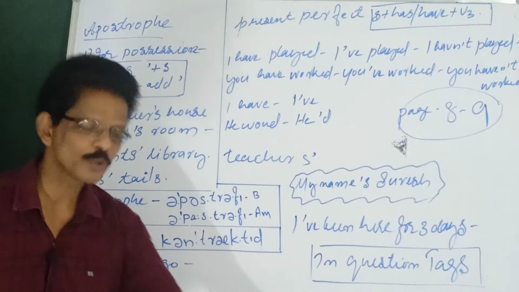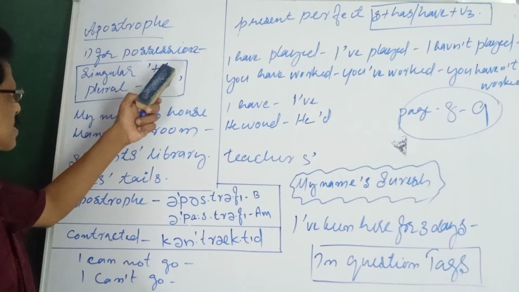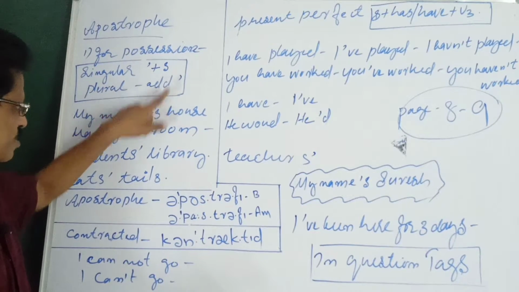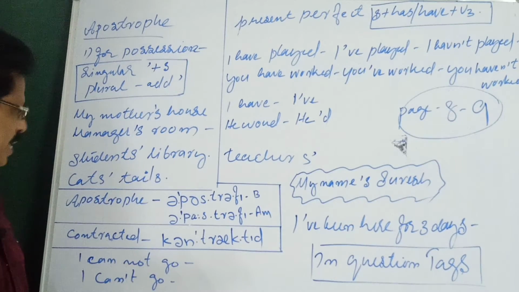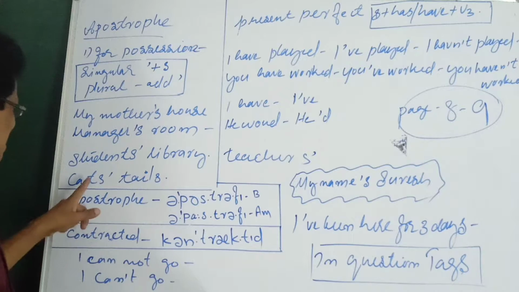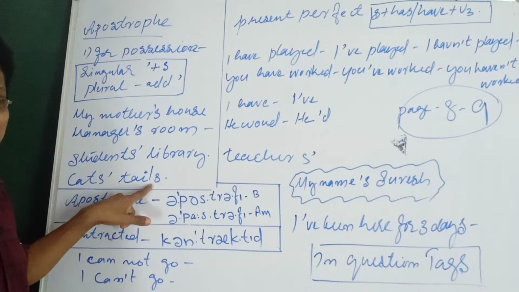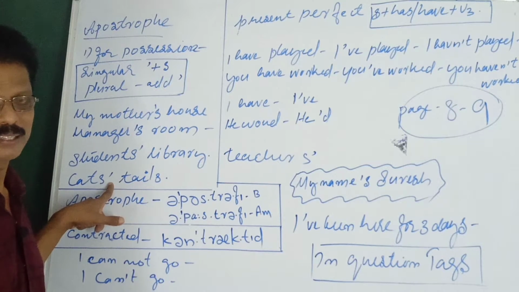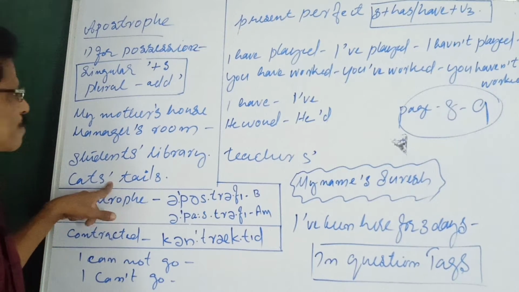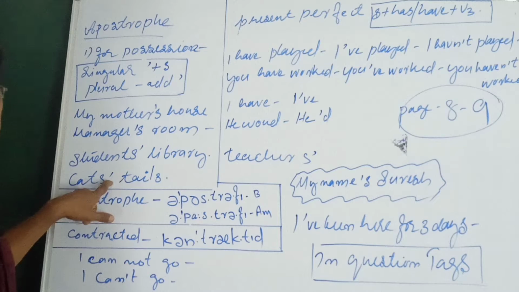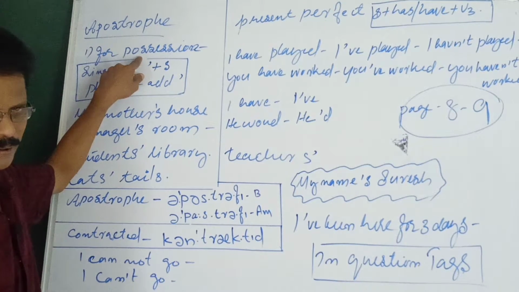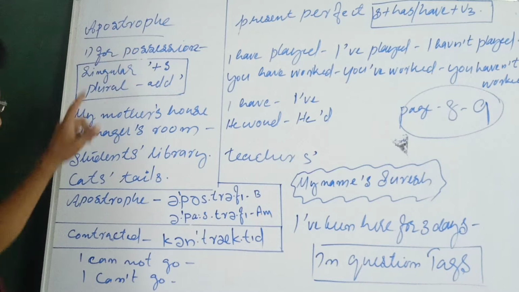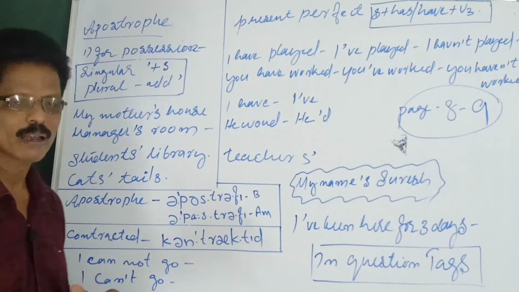If it is singular, you have to put apostrophe plus s. If not plural, just add s after the apostrophe. For example, see, cat's tails. Cats, many cats are there. Cats' tails. Is it clear to you? Apostrophe is used to show possession. Okay now? Then see, it is used as a